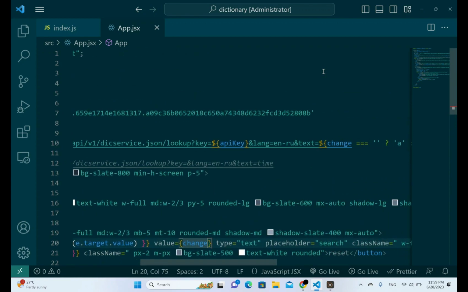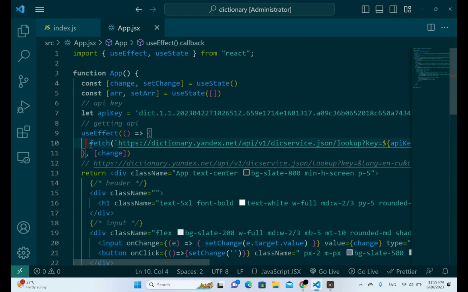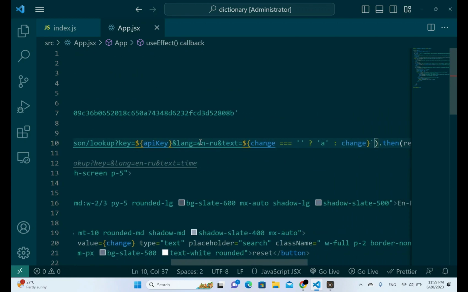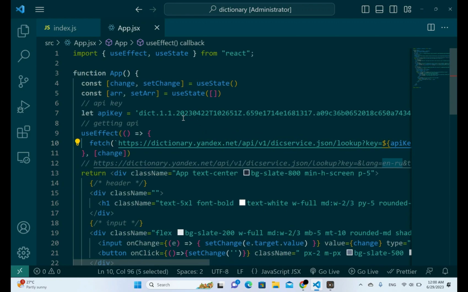So let's move on to our API, and as you can see, there is the language that states from English to Russian. And let's change it. Let's make it dynamic. And for this, we need the regex element. And for making the regex, let's search it from the